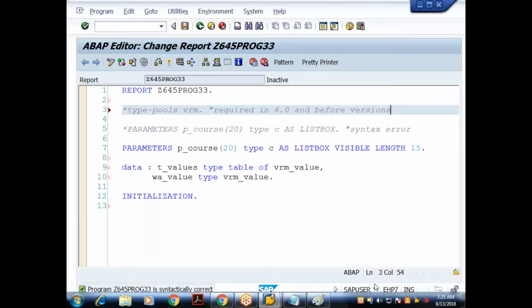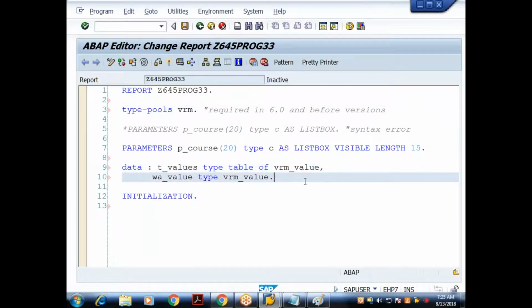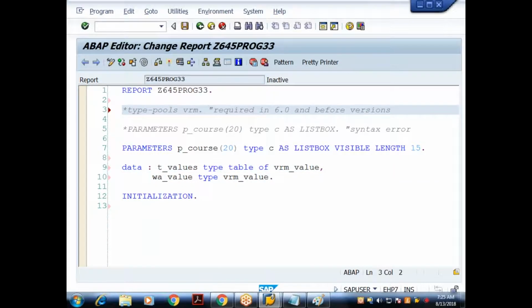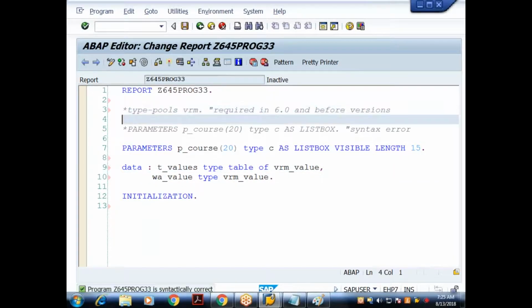This is EHP7, so I need not declare the type group explicitly. But if you're practicing in older versions, you may get a syntax error, and to avoid it you declare this type group.